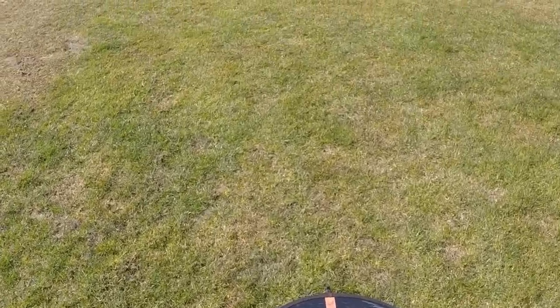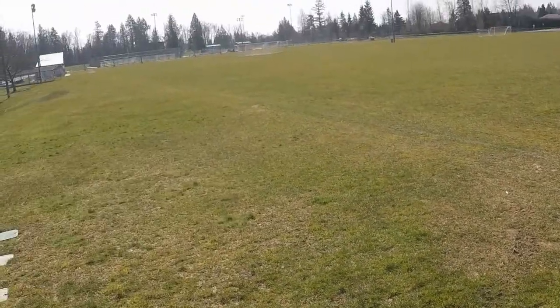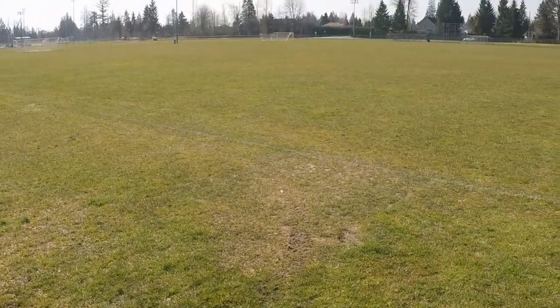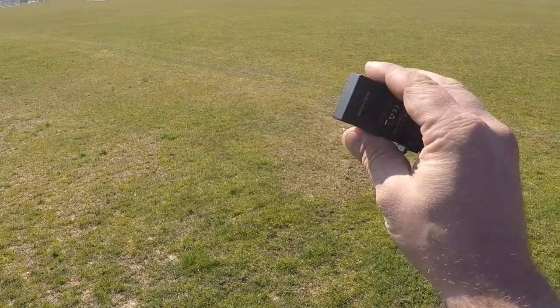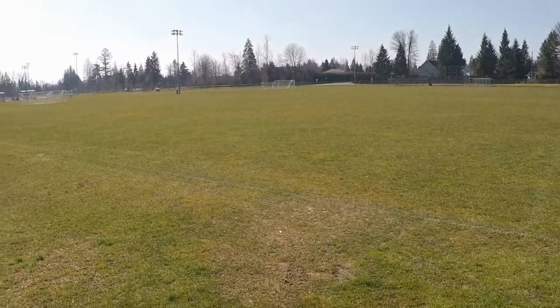All right, guys, we're out on the field here. The last time I actually had the EX2 Mini out here was the original one I had, and the ESC blew out on it. Hopefully we don't have that problem this time. Yeah, we're continuing our aftermarket battery testing. Now, it's been a while since I've tested the stock batteries here head-to-head with aftermarket, and we're going to be using those Sony 18650 batteries